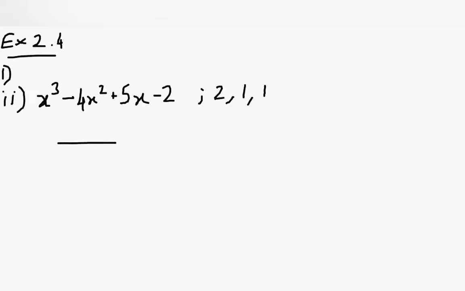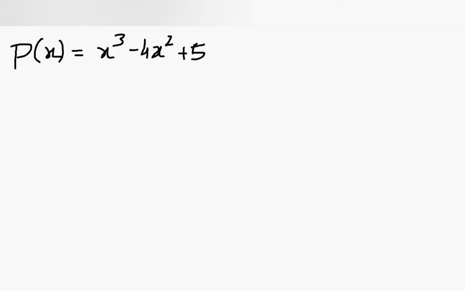So we have the polynomial here. What we have to do is, we just have to put 2, 1 and 1 in place of x, and if you get the answer as 0, it means that they are the zeros of the polynomial. And if you don't get the answer as 0, then you will know that they are not the zeros of the polynomial, and hence they are incorrect. Now